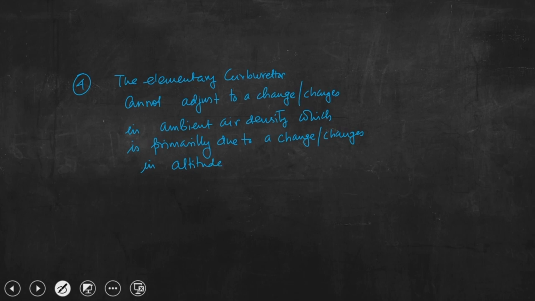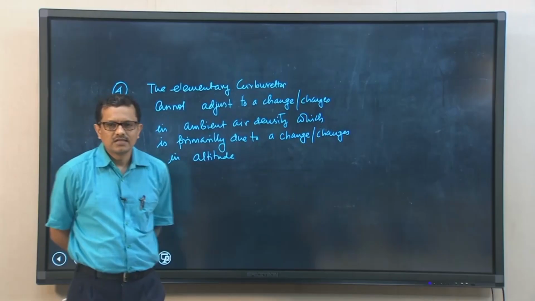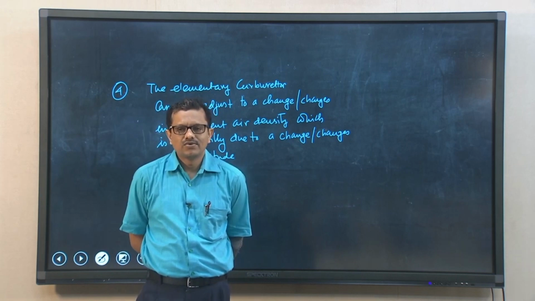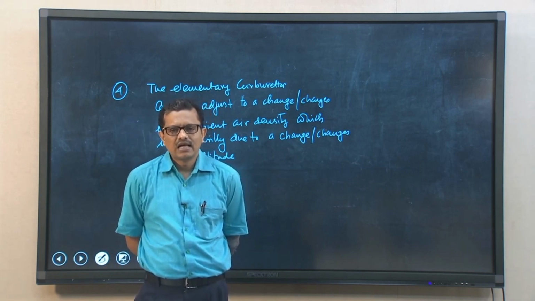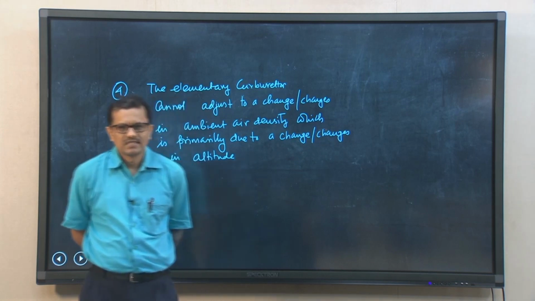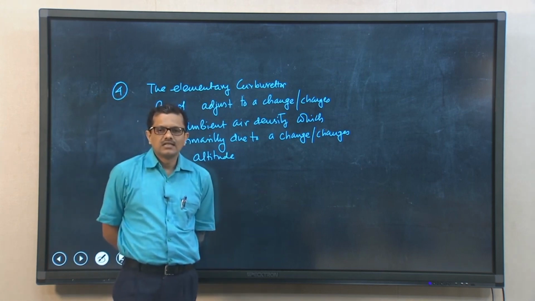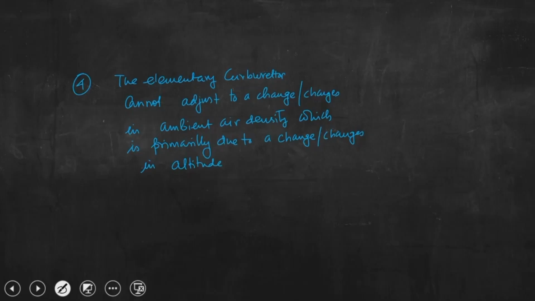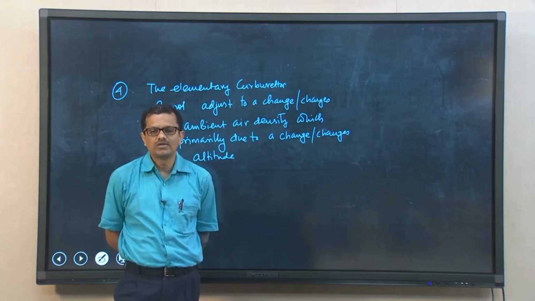So, this is again an important drawback. If the engine is attaining certain height with a change in altitude, ambient air density will change. If that is the change, then perhaps the engine needs the required mass flow of air for its efficient operation, but a simple carburetor cannot adjust that due to changes in ambient air condition. So, this particular aspect also should be taken into account while